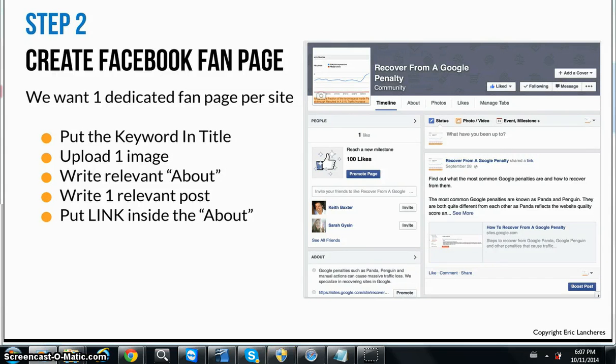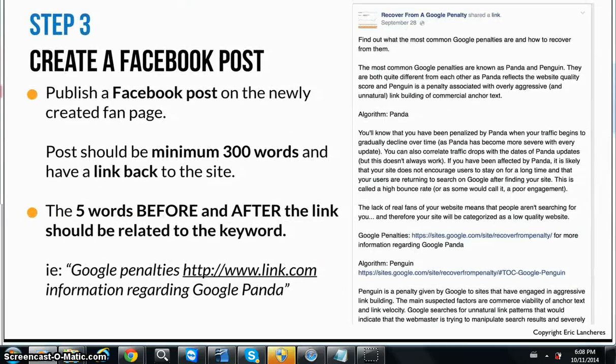So you're going to have, it's really the basic stuff that you need to do for this Facebook fan page. Next thing, you want to have a Facebook post. Inside the post, I basically use a post as an article. Back in the day we used to post things to these articles, and now we're posting things to Facebook, right? So take the same idea and post it to Facebook, and you want it to have minimum 300